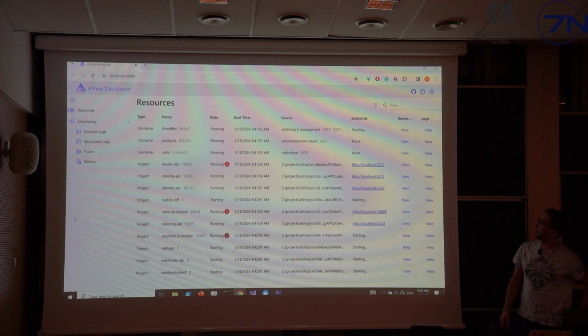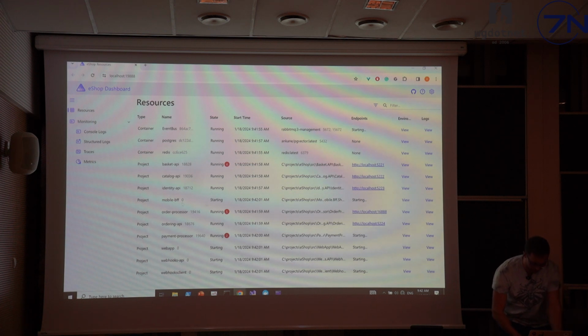So I was very proud because I really didn't want to just come here with a recording or with a PC. So as you can see, we have multiple web services here, multiple containers. They are all running. One of them is starting. Mobile, I believe, is starting. Oh, and Chrome stopped responding. Maybe it's too much.